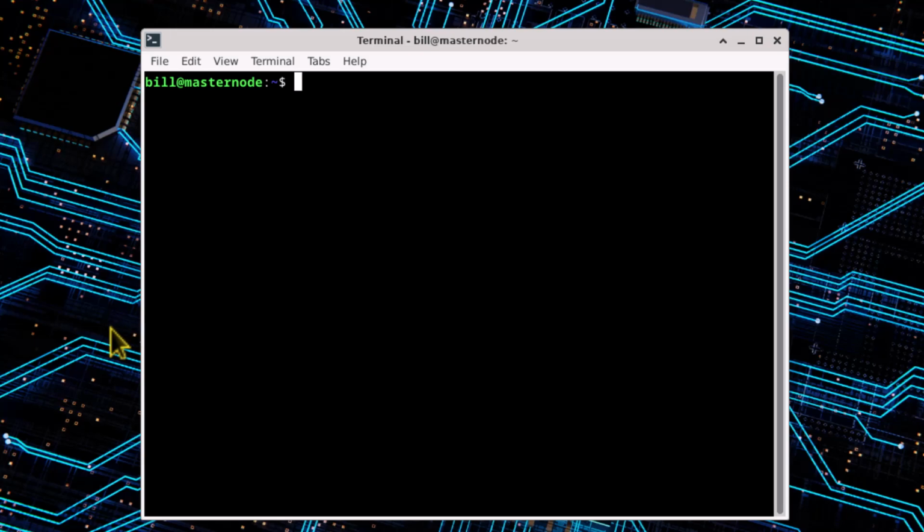Next thing we want to do is install a couple of libraries. These are kind of odd libraries, so I want to talk to you about those. We're going to do a sudo apt install with a -y, so we don't get prompted. First thing we're going to do is a wget, and we're going to get